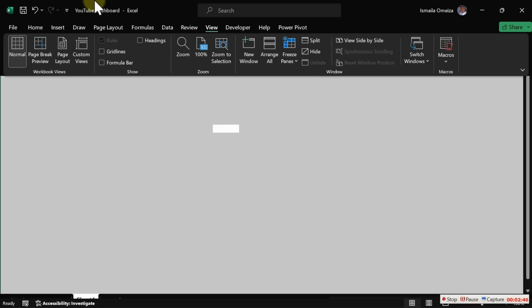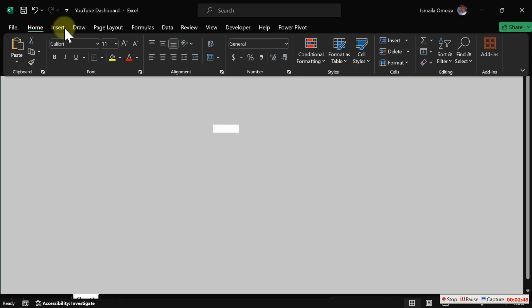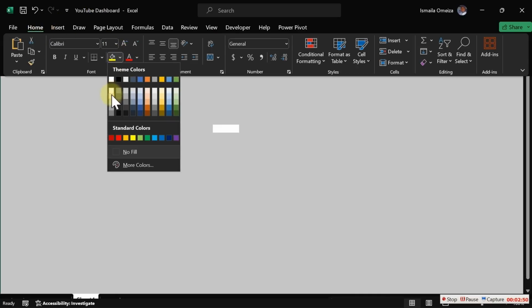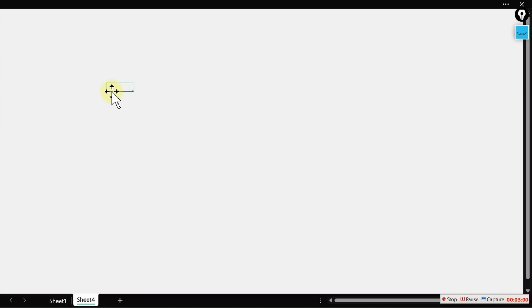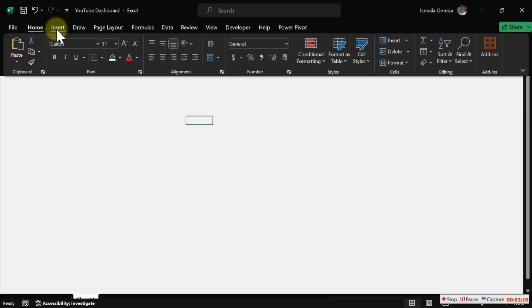Then we go to the top ribbon right here and go to Home, and from Home we click over here and select a color that is 5% darker white. So our white is a little bit calm, which is something very important that you should know about. With this right now, we want to create a header, but before the header, we just want to create a very little design. Let's go to Insert,